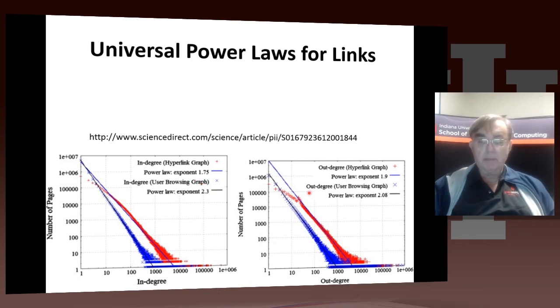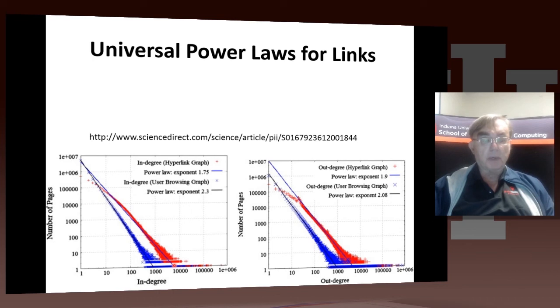And here's the number of links going out. And you can see, apart from the falling off, which is for basically links less than or equal to about 10, where you get a slightly strange structure, for once you get above 10, they do fall off roughly with straight lines. And a straight line means that there's a power law, and that the number of pages is proportional to the in-degree or the out-degree